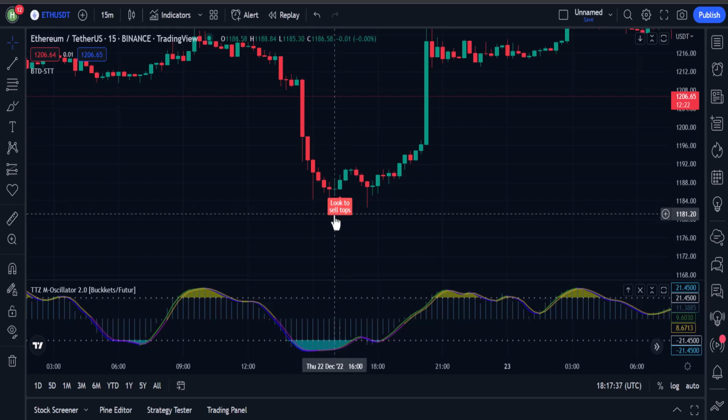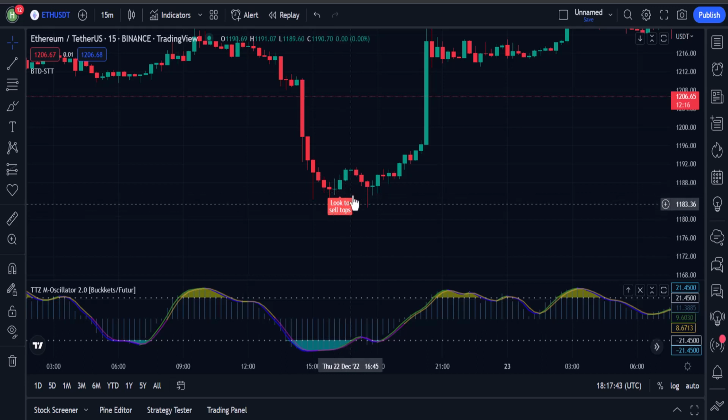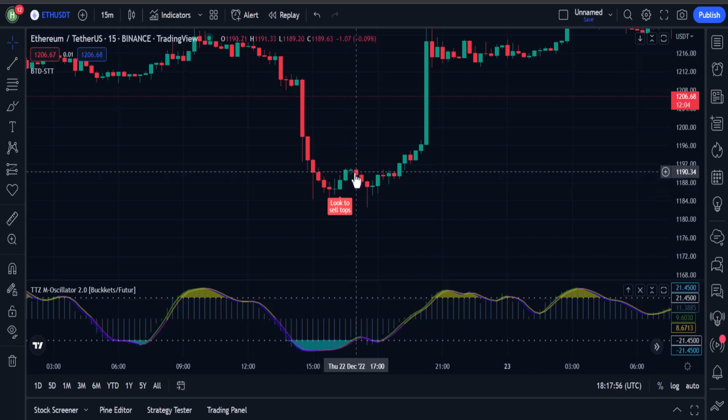So when it says, look to sell tops, it's going to be a signal for us to enter a buy position. Step 2. After you get a signal like this, you need to get 2 bullish candles. Exactly like here we can see we got 2 bullish candles after this candle. So you get in at the end of the second bullish candle, which will be the beginning of the third